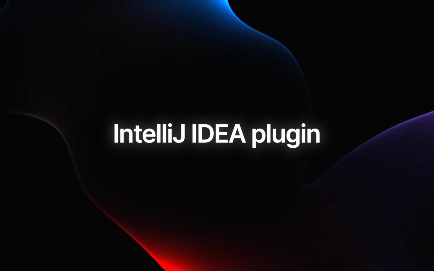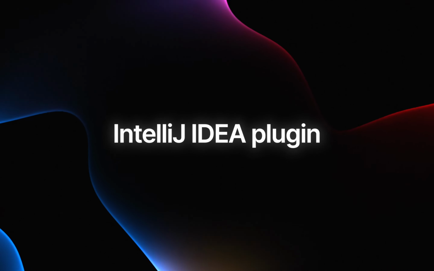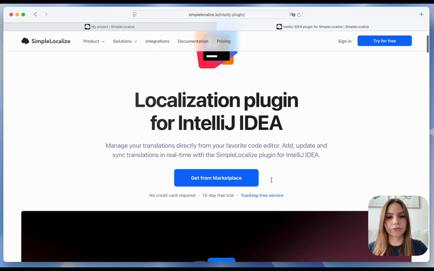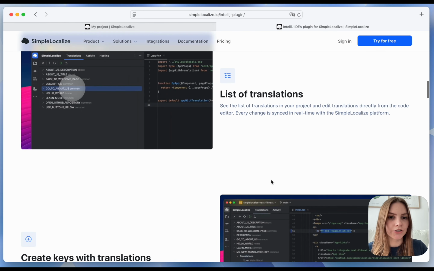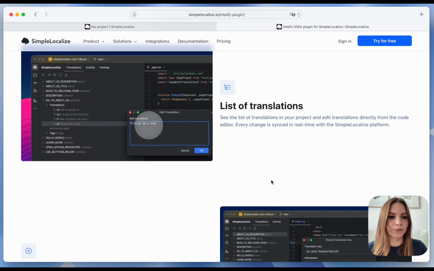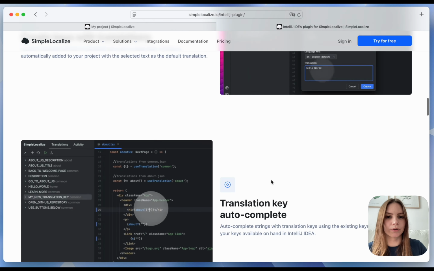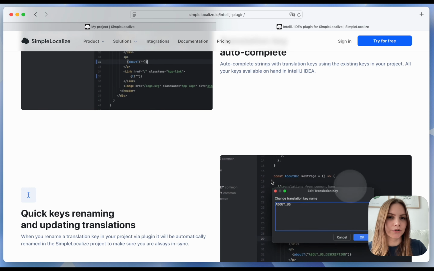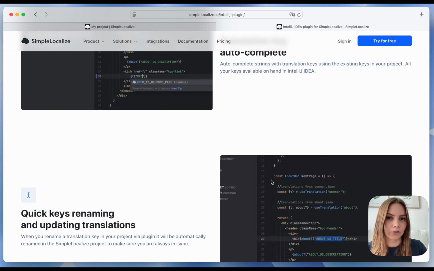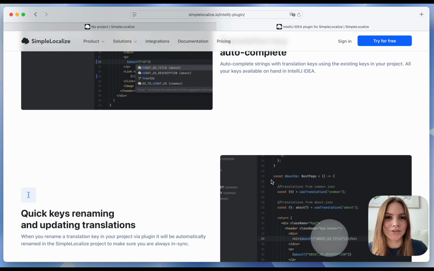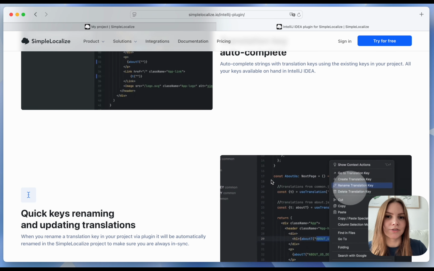With the SimpleLocalize plugin for IntelliJ, you can now manage all your translations in one place in your code editor. You can list your translation keys and update them. You can create new translation keys and use autocomplete option for a faster workflow. You can edit your translations, you can auto-translate, and you can publish your translations to the hosting environment. So it was built to make your life and workflow easier, so you can manage all translations from your code